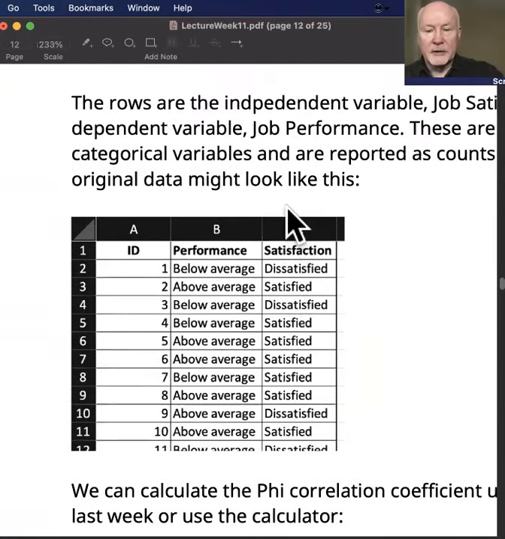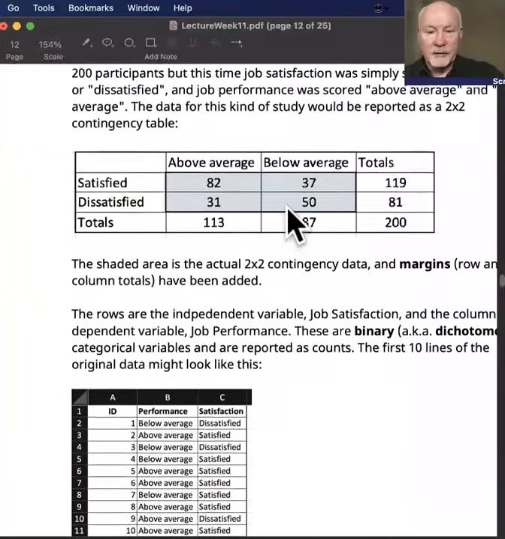Now, when you have two categorical variables like that, what you end up with is a table of counts. So we have 82 people here who are satisfied with their job and performing above average, 37 who are satisfied with their job but their performance is below average, and then 31 who are dissatisfied with their job but performing above average, and 50 who are dissatisfied with their job and performing below average. The grey shaded part of that is called a 2x2 contingency table,